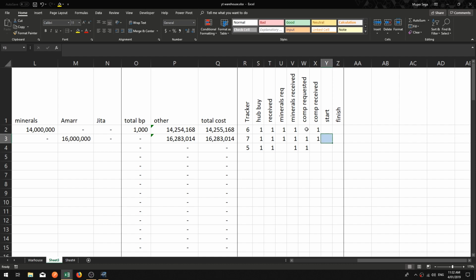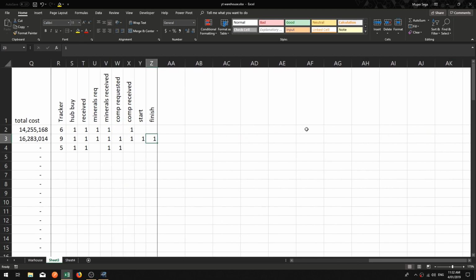Now, what happens when I actually do start the job? The conditional formatting goes away because in the tracker column, it is no longer a 7, all right? So that's how that works, and that's why the tracker column is important, because furthermore, what we are going to do is say that when the value equals 9, present these values out on the side, because once that job is done, only then do we want to see